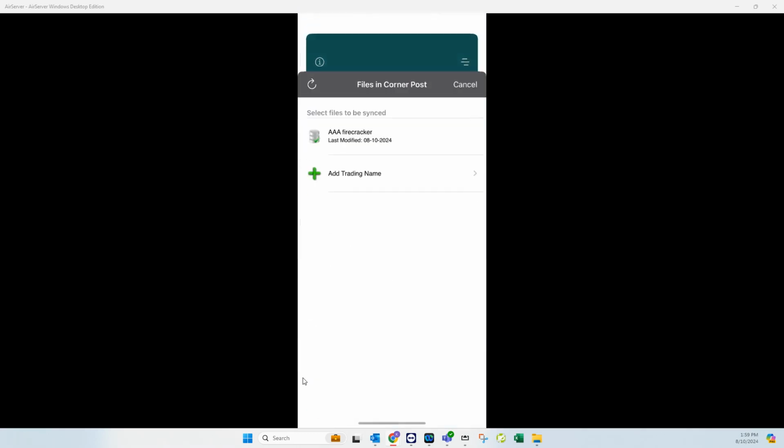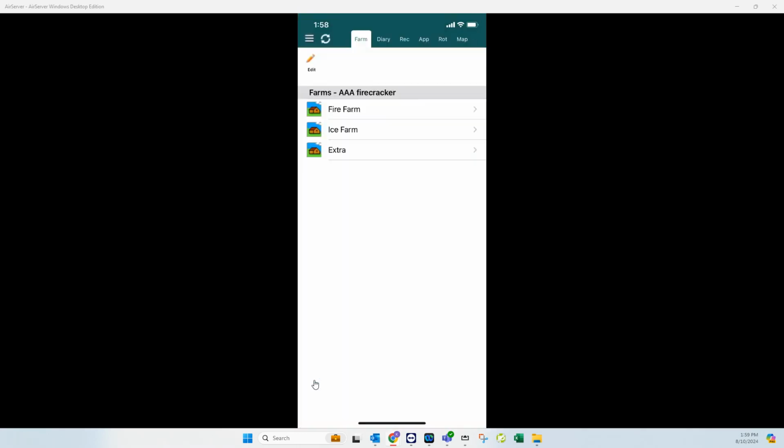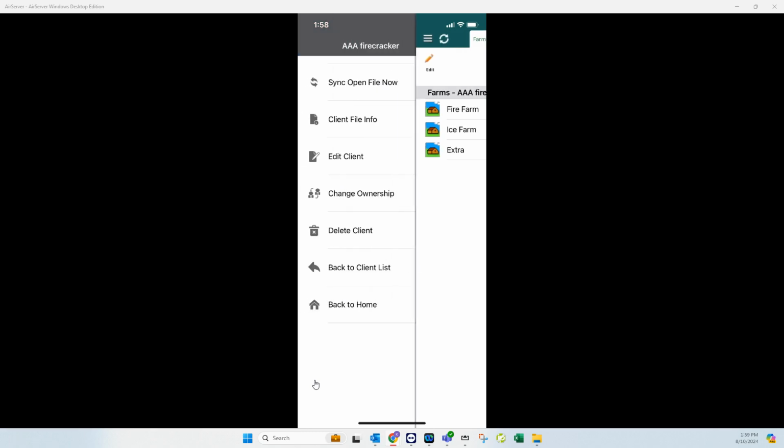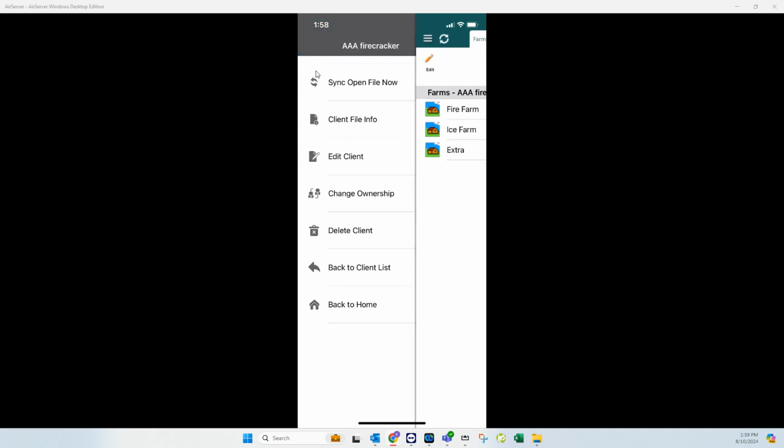So if we touch on Farm Management and jump into the file, you can, as I've just showed, use the Sync Open File Now icon up the top here to sync that data. Touching back over here, you can also use this quick sync icon to sync your data. If we go back to the home screen, so burger menu, back to home,